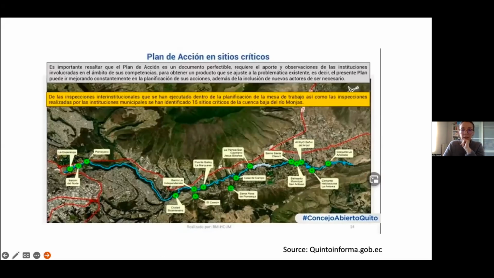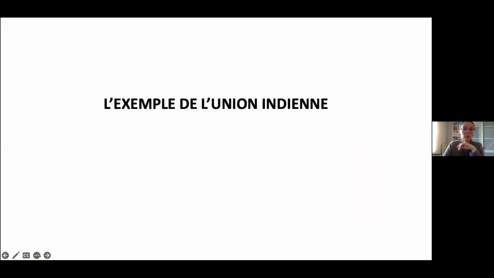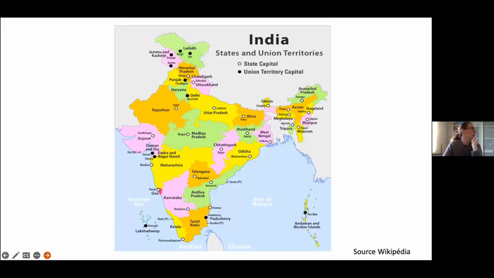So this is the river. You can see that there's an awful lot of urban development around that river. So you can see that there are real problems. So that court also obliged the municipality to adopt zoning and a development plan for the area. And so the municipality had to take into account the different blue and green corridors in order to protect especially the banks of that river.